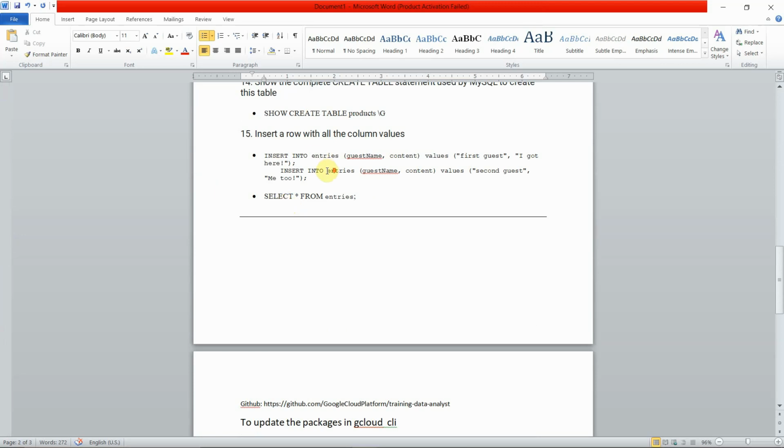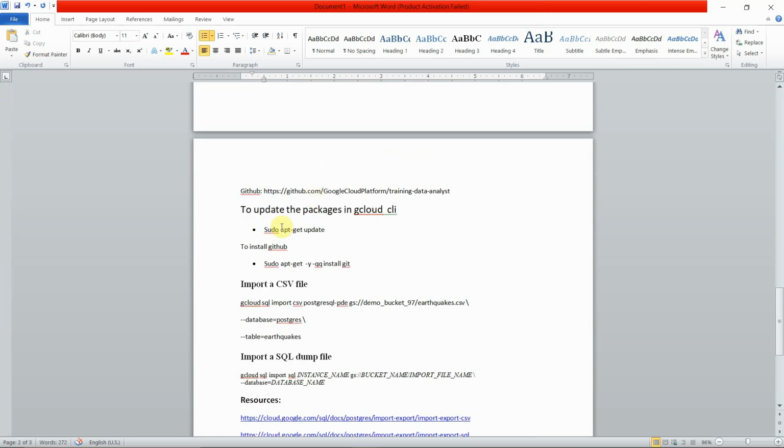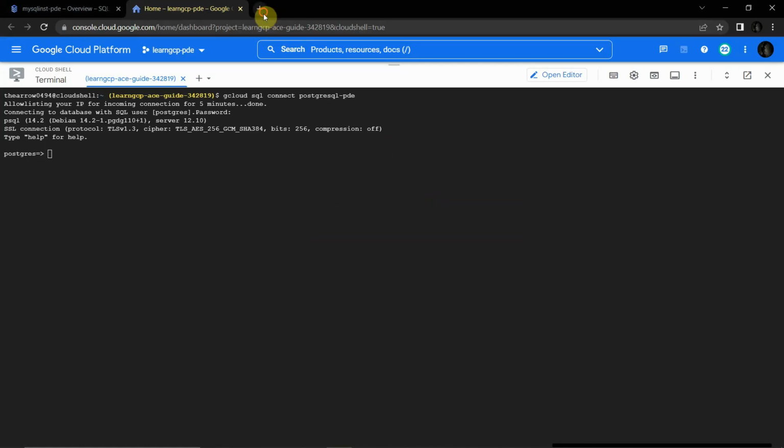Once this is done, we will be moving on to where we will be performing a bulk load into our SQL instance, that is the MySQL instance. So we will be using Git and this bucket. We'll be using this training-data-analyst repo. This repo is nothing but